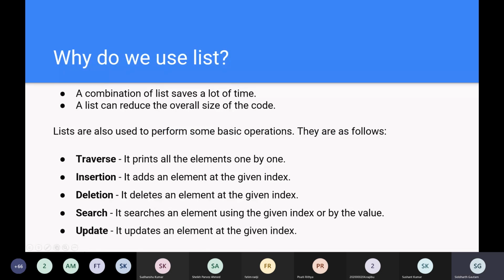Okay, so there are different functions we can perform on a list. Traversing the list means we can take one element at a time from the list using a for loop, which we have studied today. Then there's insertion, which means adding new elements to the list. Deletion means removing elements from the list. Search means searching for an element of the list. And update means that you can change the value of an index in a list which already has another value, which means you're changing the pre-existing value of an element. One by one, we will take a look at all of these.